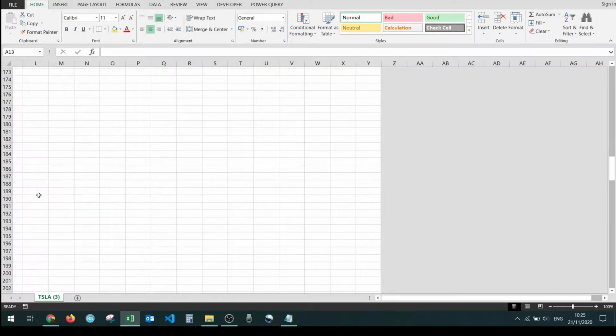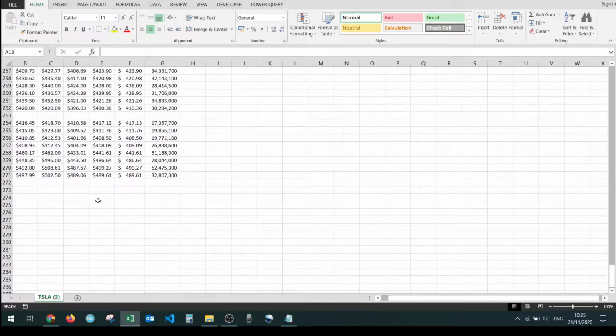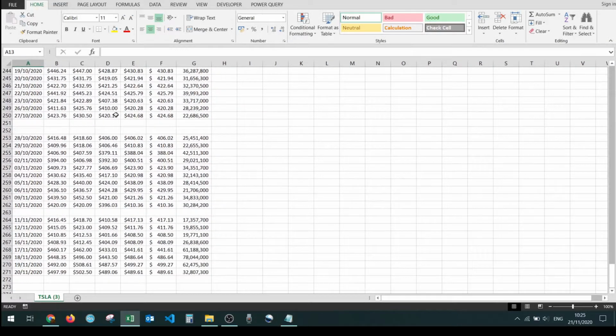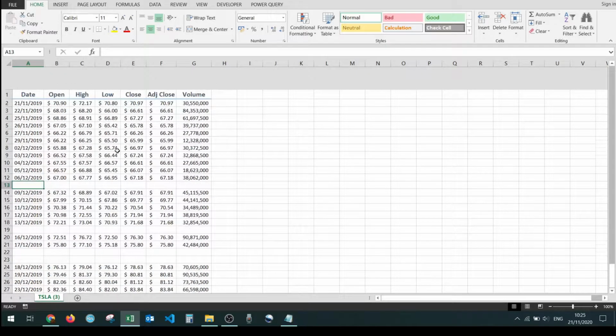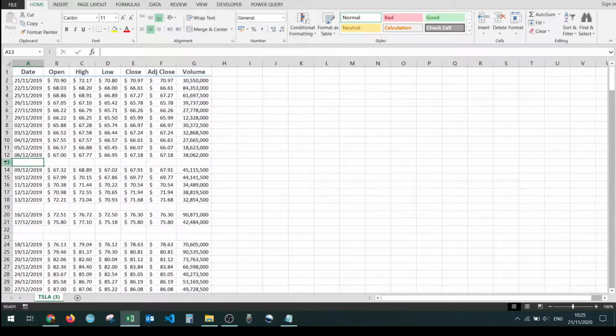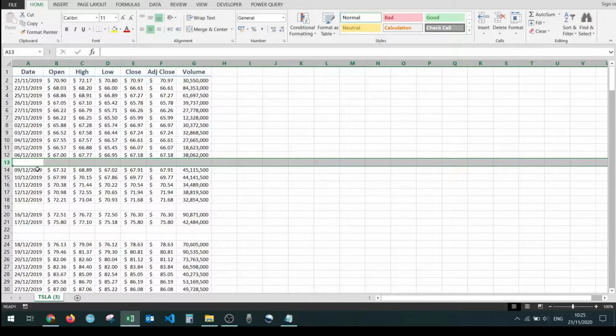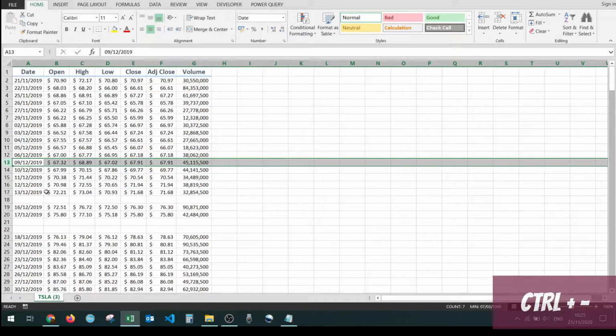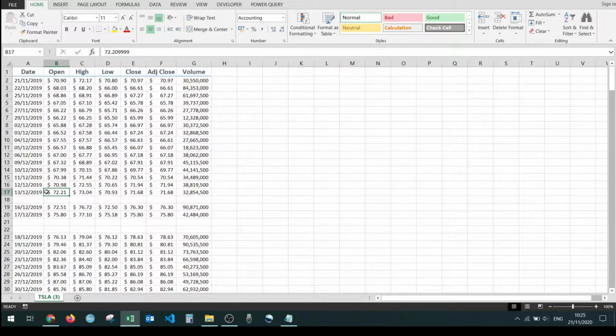22, 23, and if we scroll closer to the bottom, you see that we also have some blank rows over here. And one thing that we can do is we can select each individual row and press Ctrl and minus and remove them, but that would be a lot of work, and let me show you a better option to